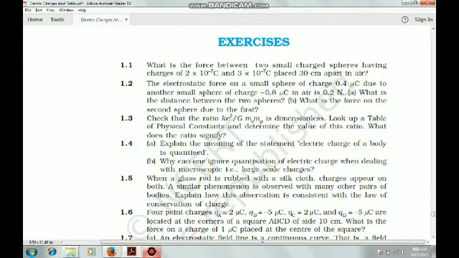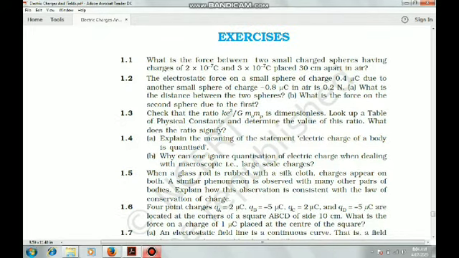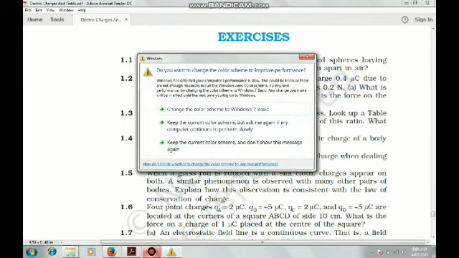But before that you have to do it on your own, try by yourself, and if you have any doubt you can ask me. You give me the number of the numerical, like 1.1, 1.2, so you can write in the comments on the YouTube channel, or you can WhatsApp me on my number, so that in a future lecture when we meet we can discuss those numericals. So here we have the numericals, and you can note them all down. Students who do not have the NCERT book can note them down from here. If you have it, you can continue with that.